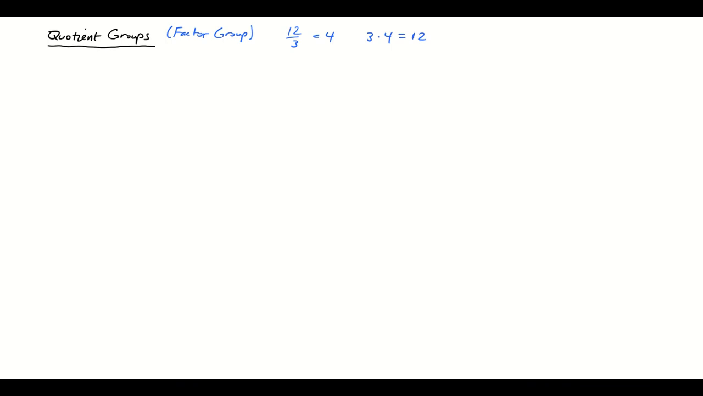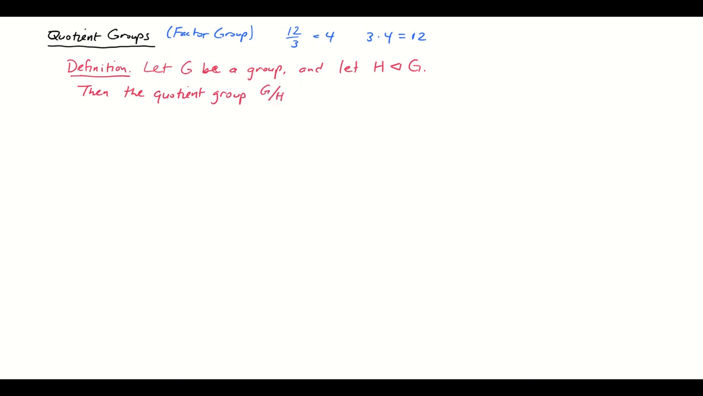Of course, here we're going to be doing a lot more than dividing integers. We're going to be taking quotients of groups modulo normal subgroups. So here's the definition. Let G be a group and let H be a normal subgroup of G. Then the quotient group G mod H, and again that is pronounced G mod H,